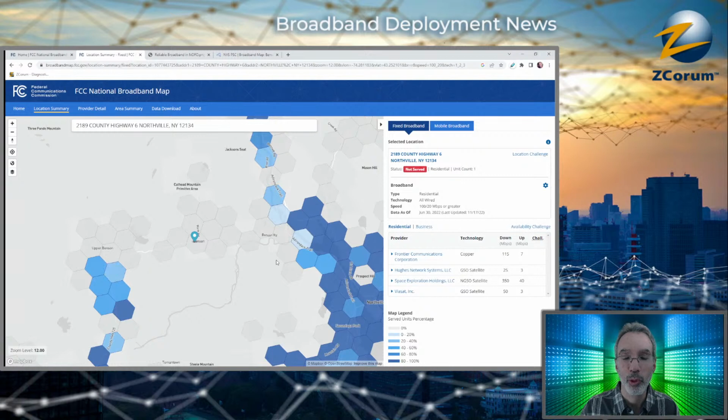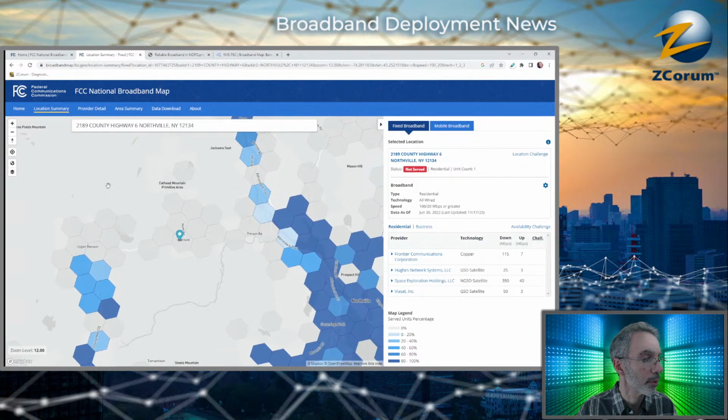So from the perspective of the consumer, that's how you can get an idea, I guess, of what your area is like. And you can see the way New York is here. You've got these areas here that are showing 100% coverage. And you've got these here, all in here, that are showing 0% coverage. So if I zoom back in, actually I'm going to scroll over here, zoom in,